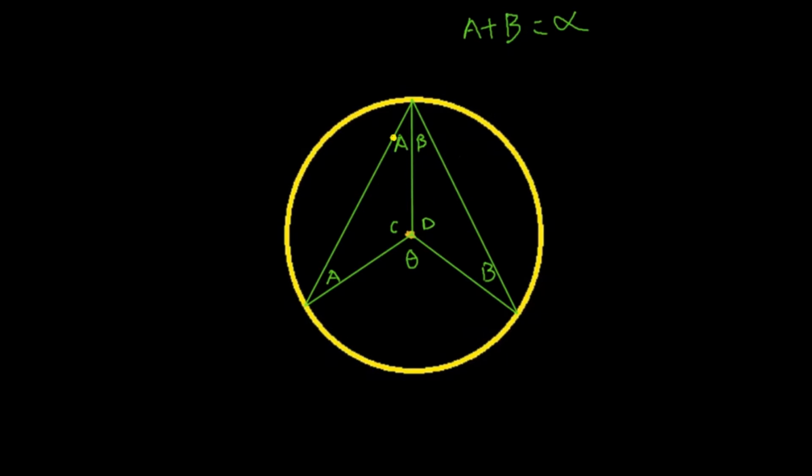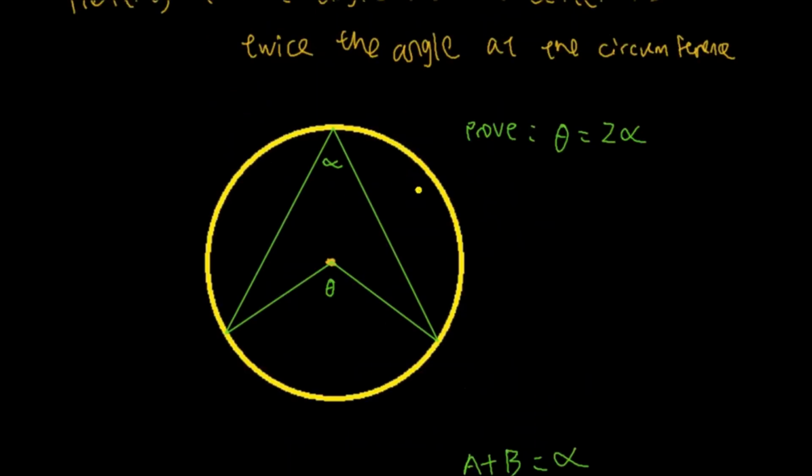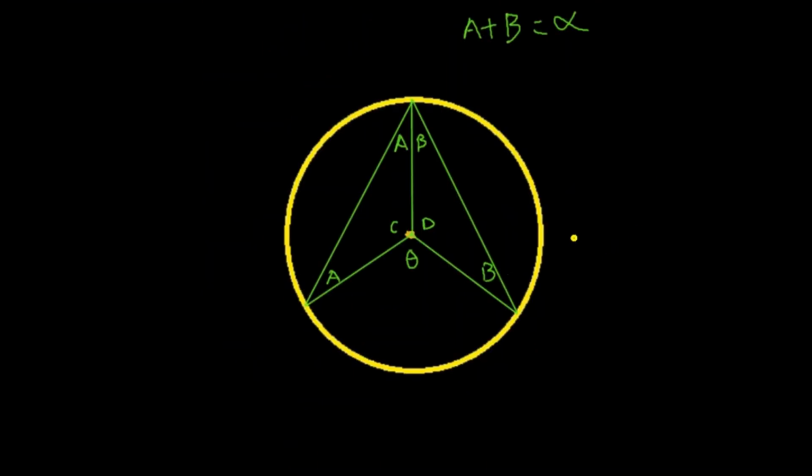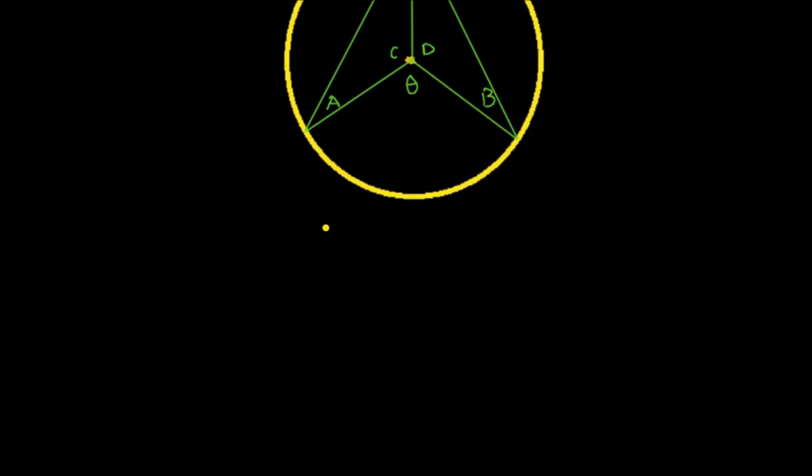It's the same thing. I mean, the angle A plus B will still be the same if we do it like that. But these two angles may not be the same. But that's why I'm trying to do it that way. And I can still prove to you that theta is equal to 2 alpha. Okay, let's begin. What we know is that all three angles in a triangle should add up to 180 degrees. So for the three angles here, for example, A plus A plus C should be equal to 180 degrees.